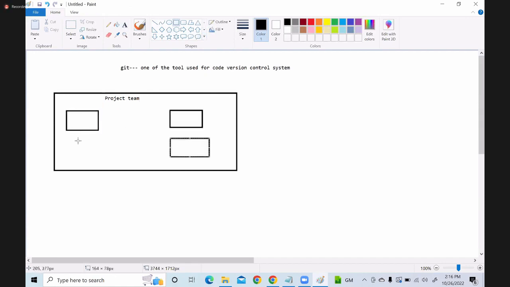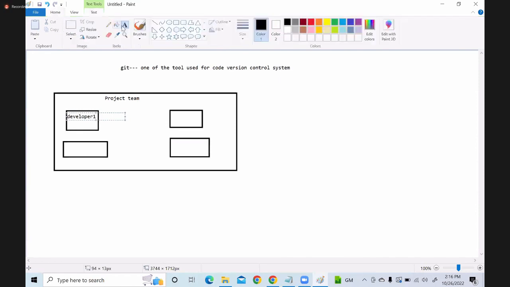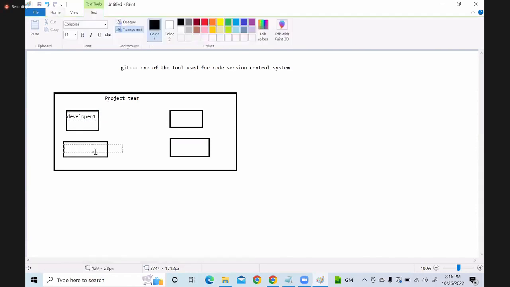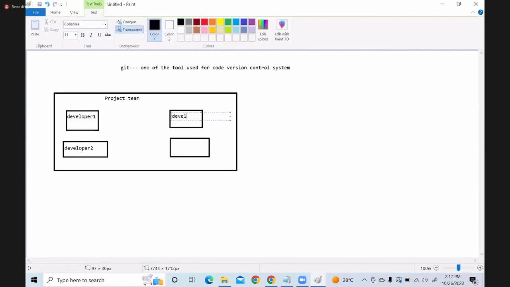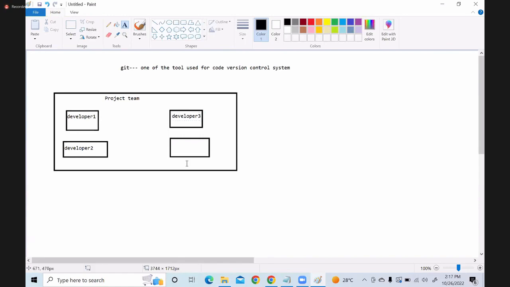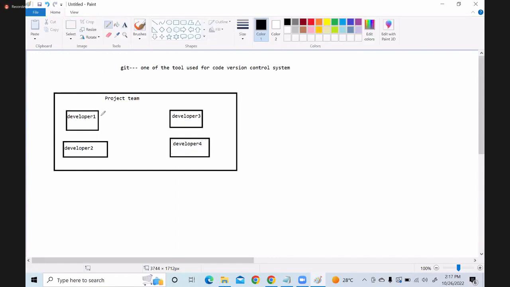Developers operate on their own machines. They write the programs and develop for the project. So developer 1, developer 2, developer 3, developer 4, like that, they operate on their own code.